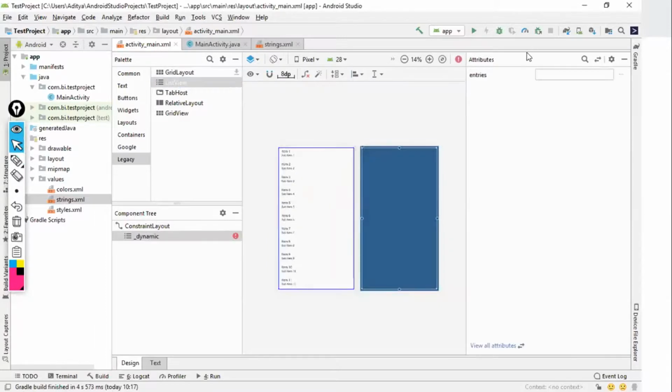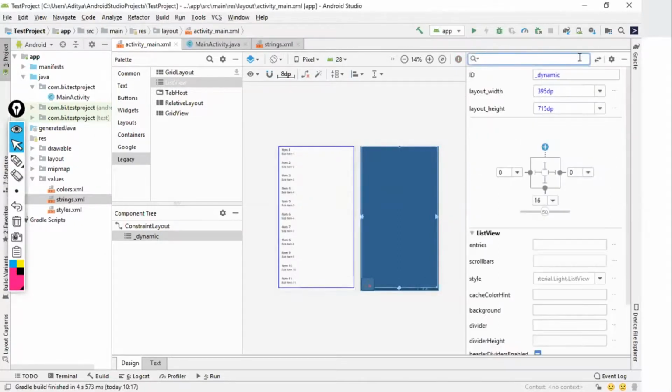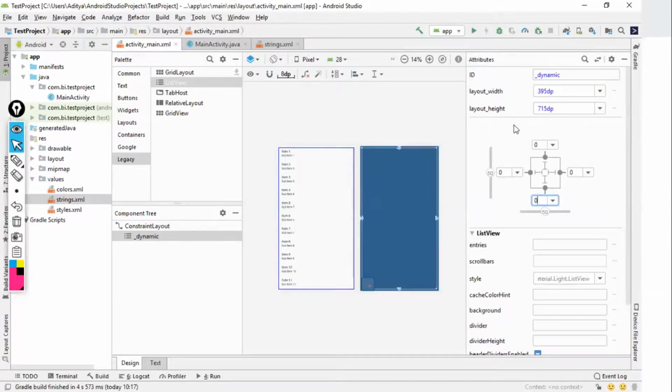Done. Next thing is click on this, provide constraints. That's what I did. I've added the constraints also. Now remember, always give an ID to the list view. So I'll just give the ID as list. Now, since I've included a list view in my layout.xml file,